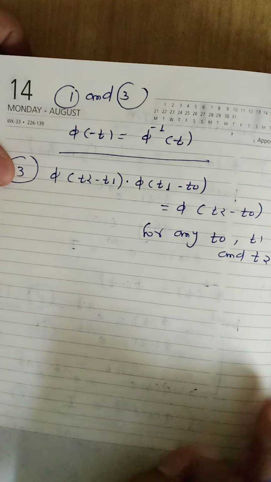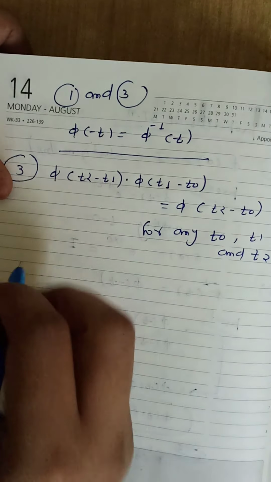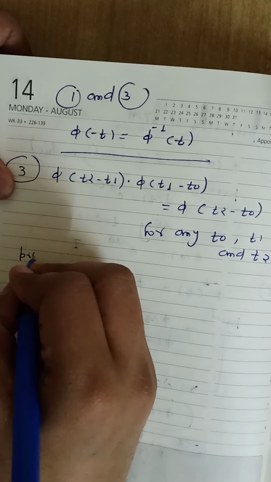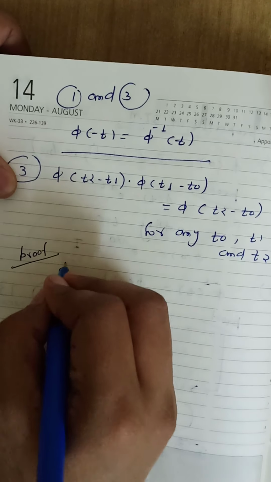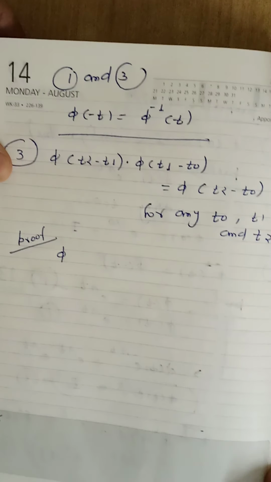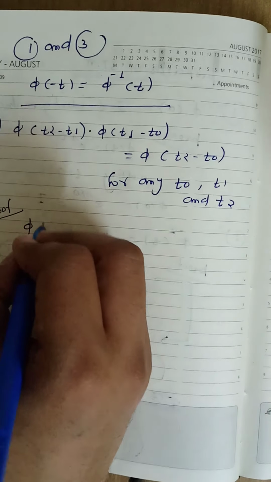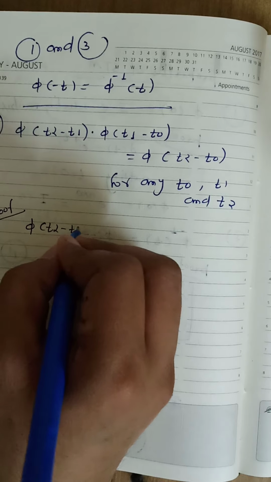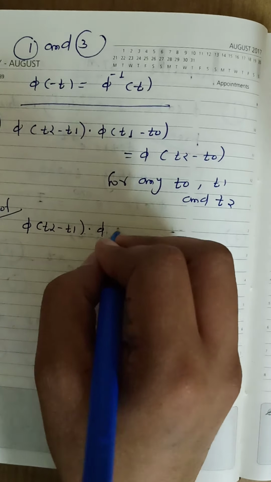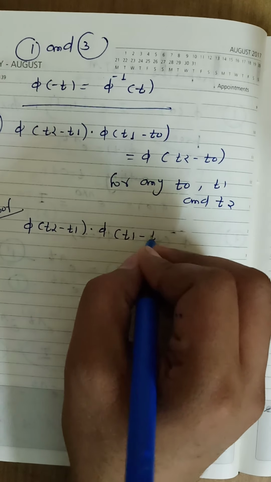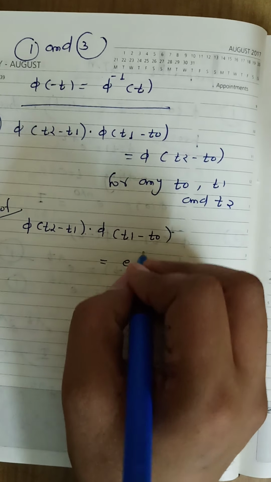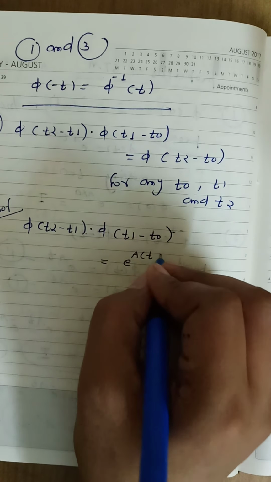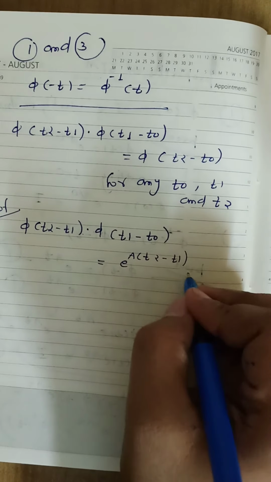Now let us see how we can prove. We can write phi t2 minus t1 into phi t1 minus t0 equal to e to the power a t2 minus t1 into e